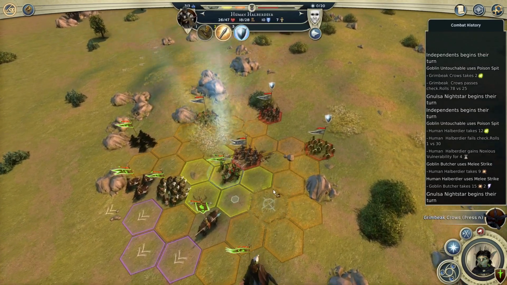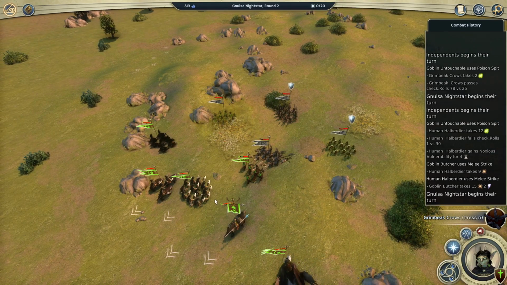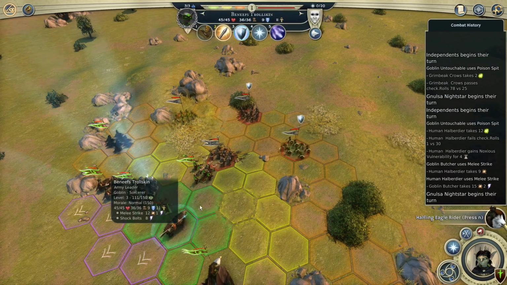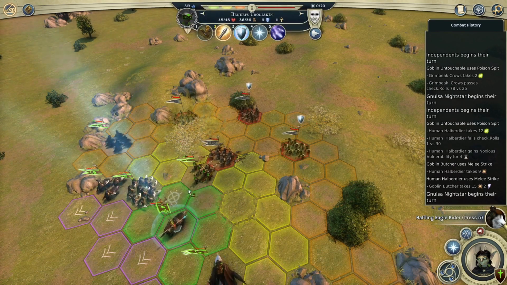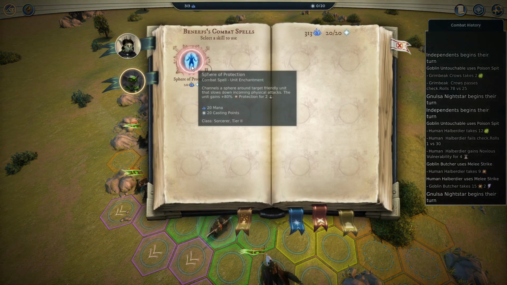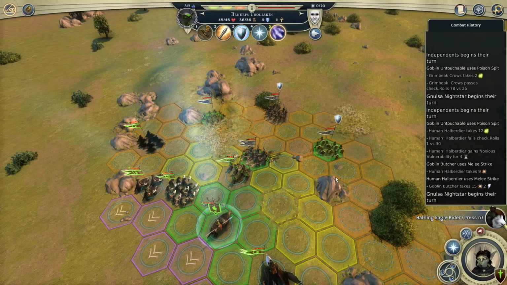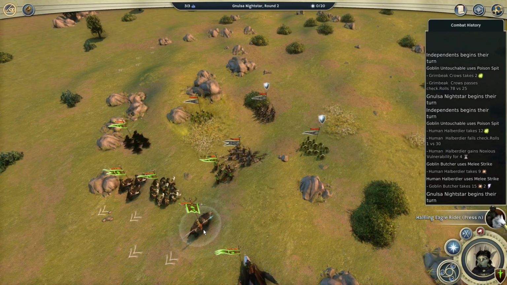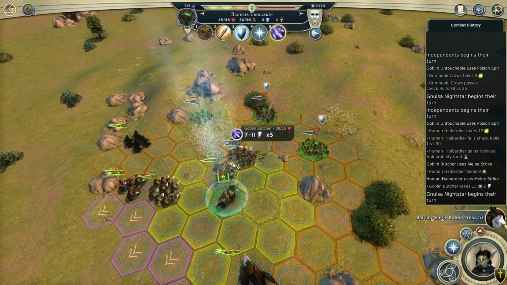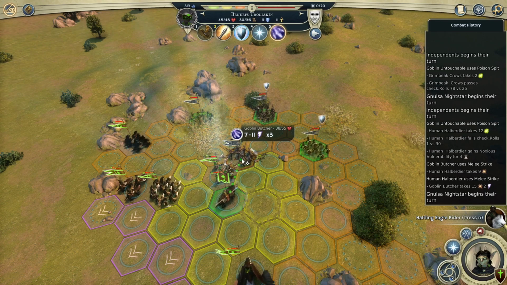Okay, so our halberdier took quite a bit of damage, so obviously we want to try and save him because we don't want to lose a unit if we don't have to. We do have a sphere of protection. You know what I should have done is thrown this on the halberd unit. That would have been probably a wise choice, but well, we can't go back and change it now. So I think what we'll do is...